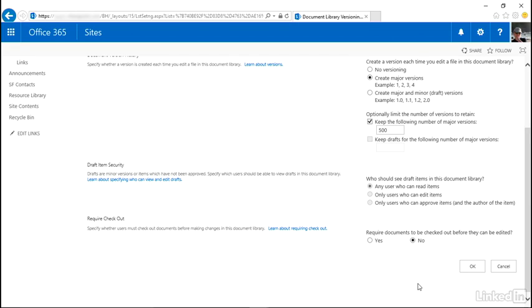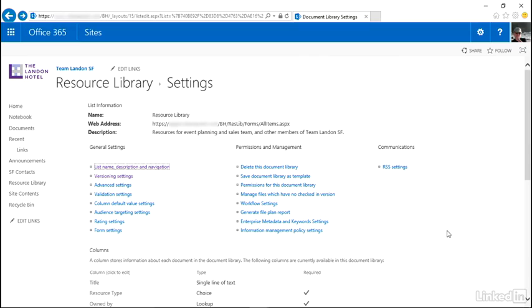The reason all these things are grouped together is that they work together. If I require people to check out documents, and I have content approval on, and I do major and minor drafts and only allow drafts to be visible to authors and approvers, I have a wonderful process for editing policy documents, for editing bylaws, for editing anything that is a reference document that we need to be able to edit while it's in production. I'm going to cancel this to leave,